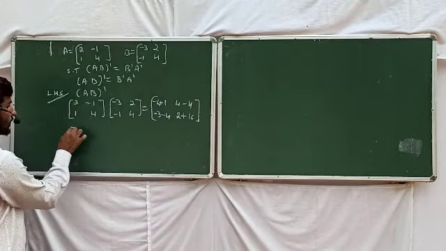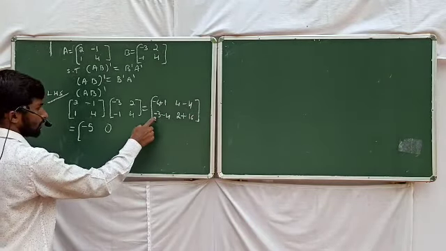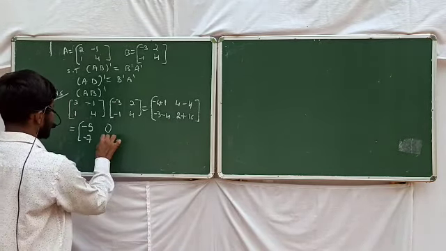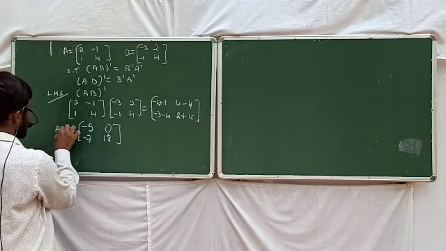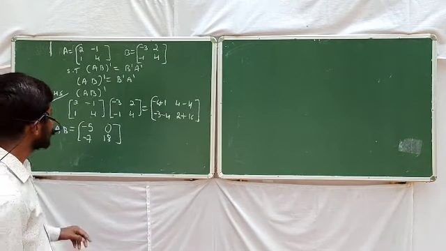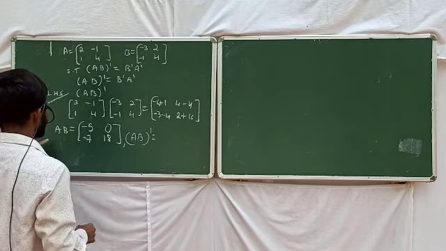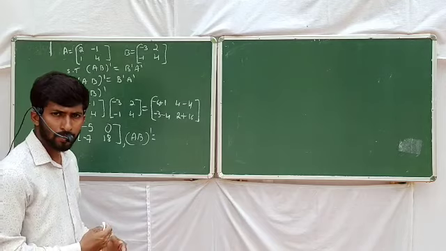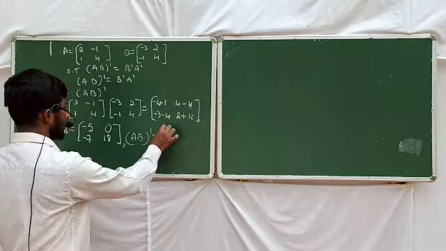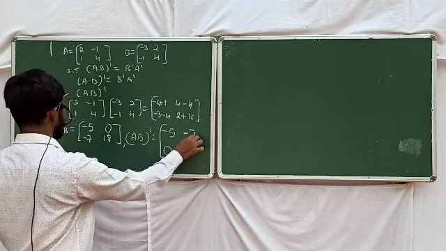Okay. Simplify. It's equal to minus 5, 4 minus 4, 0, minus 3 minus 4, its value is equal to minus 7, and 16 plus 2, it's equal to 18. This is the value of AB. But what is LHS? LHS is AB transpose, right? So, AB transpose is equal to, how to get transpose of a matrix? Interchanging rows and column of the given matrix. So, AB transpose is equal to minus 5, 0, minus 7, 18.